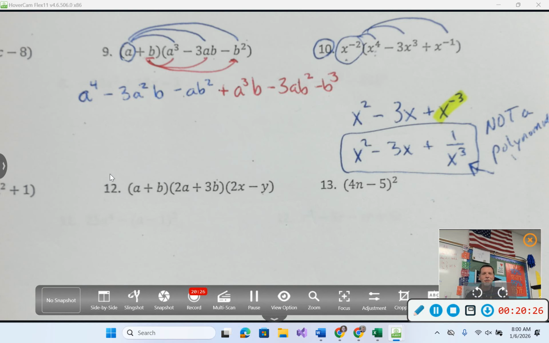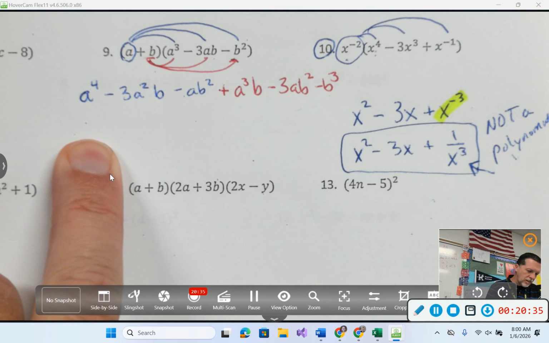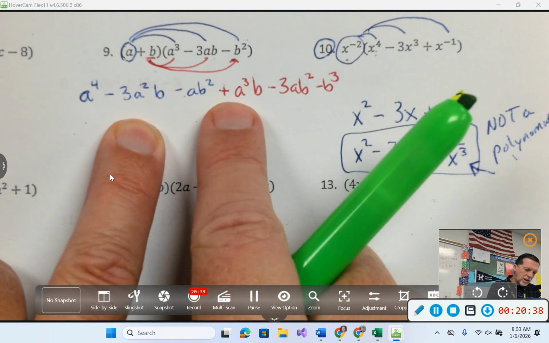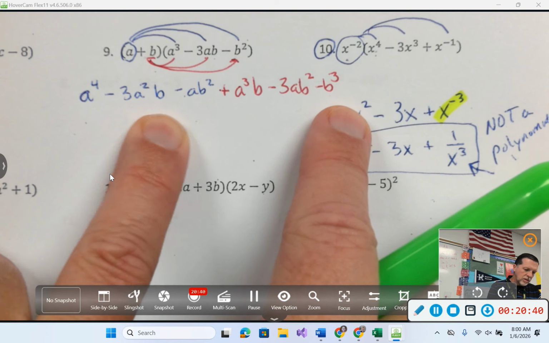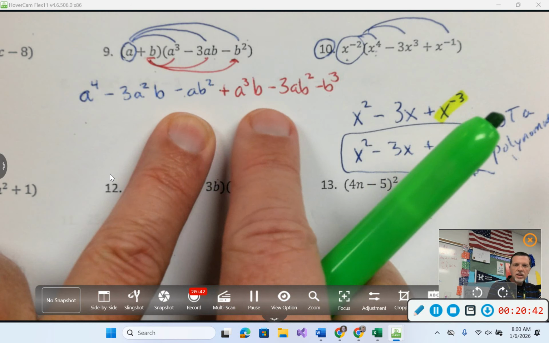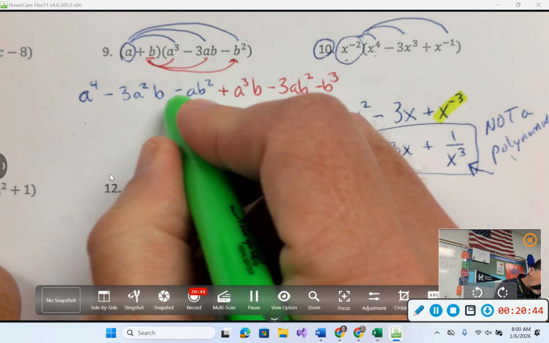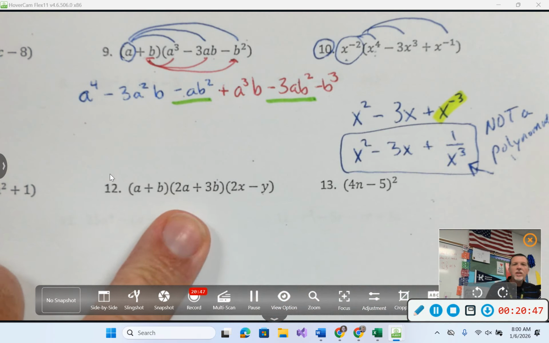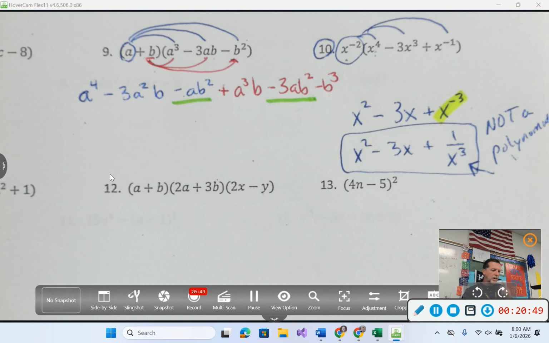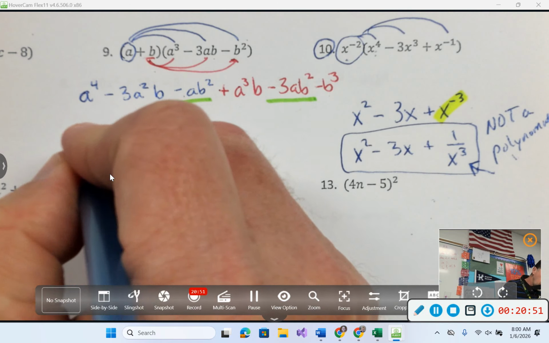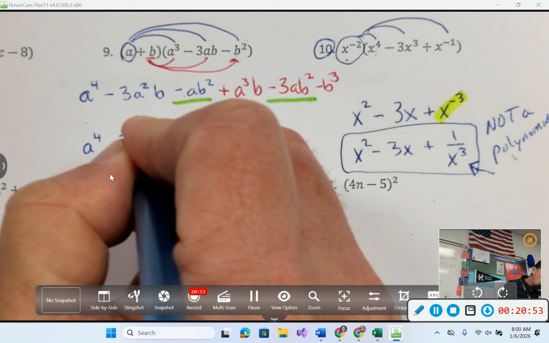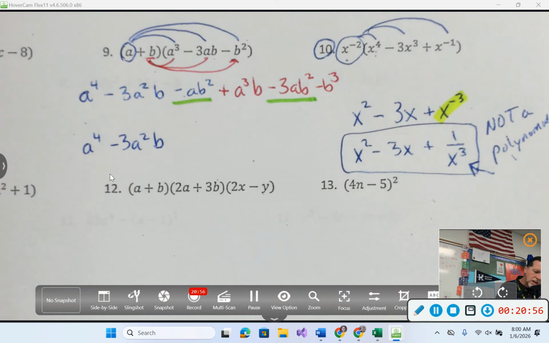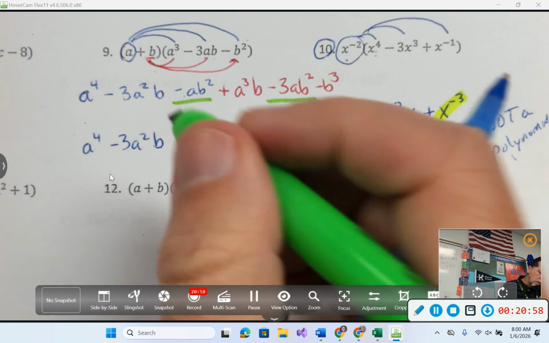Now I got to look super carefully. Do I have any like terms in there? Let's see. There's only one A to the fourth. A squared B, only one of those. AB squared. Yeah, I got 2 AB squared terms. So that'd be the only one I need to combine. So A to the fourth minus 3A squared B. I combine those two and I get